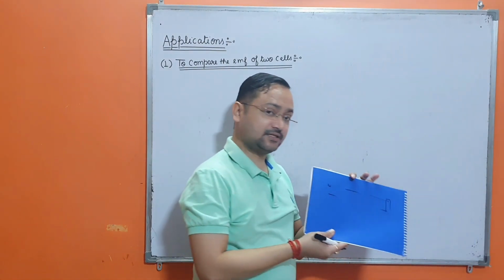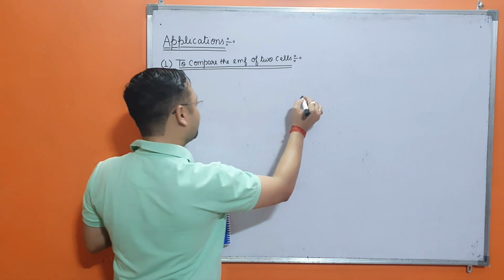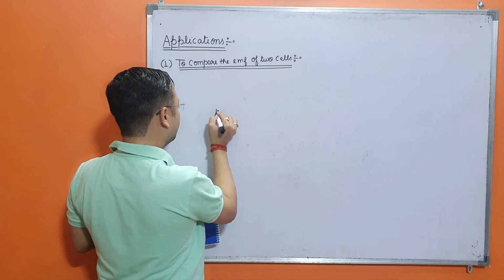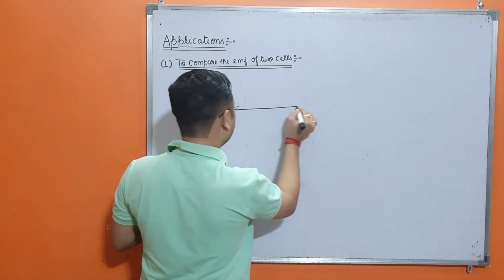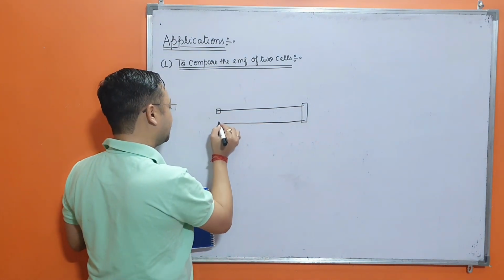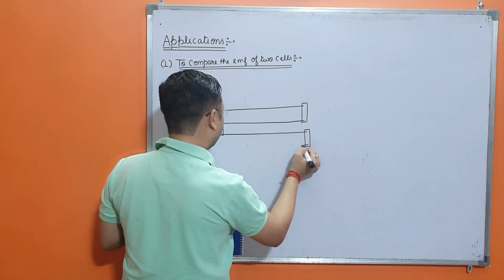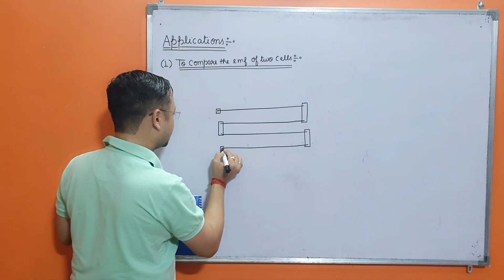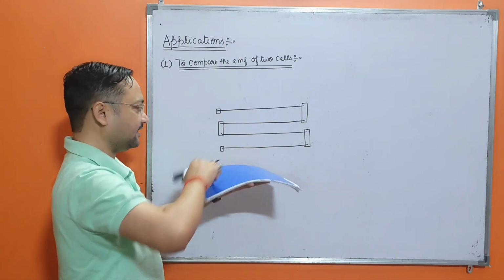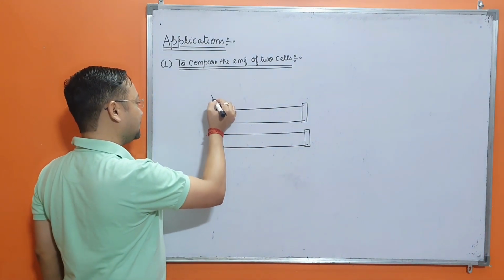Beta, when you go in the lab, you will find a wooden table, and over this table, wired connections like this are there. This is the metallic strip, and in the lab generally potentiometer wires from 400 centimeters to 1000 centimeters, that is 4 meters to 10 meters, are provided. These are the wires over the wooden bench, and the wires are connected here. This is the zero end I am considering.